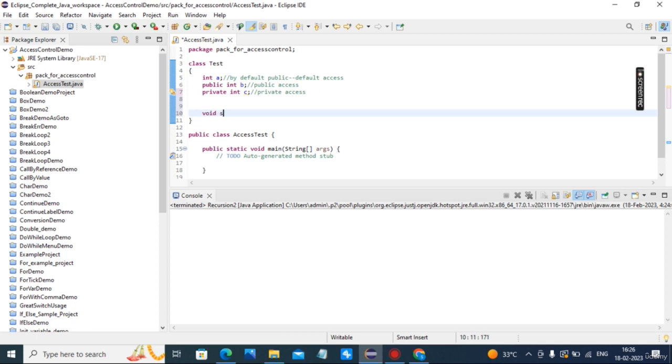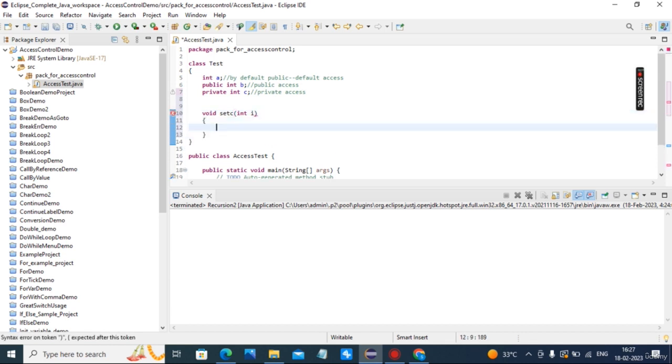Void setC, int i, c is equal to i. Now we can generate the getter and setter methods.